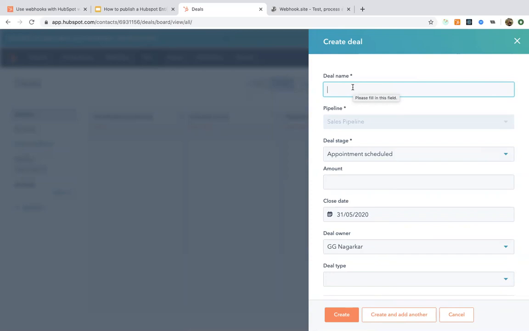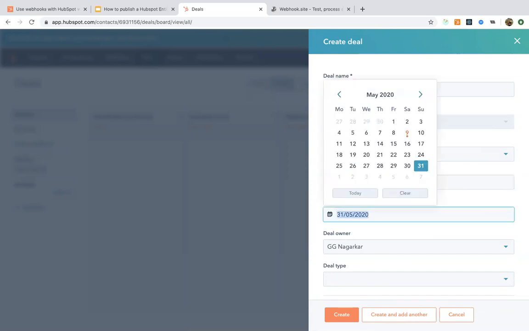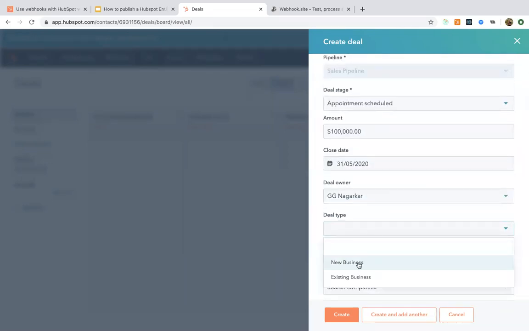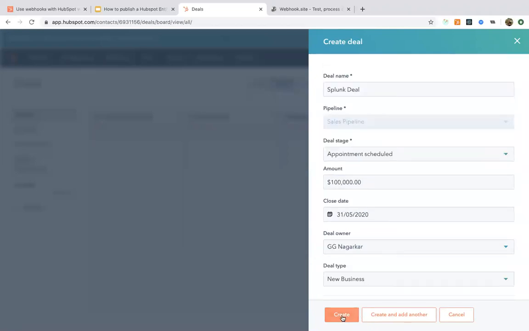Let's say it's a Splunk deal. It's in an appointment schedule stage. Let's say the amount is 100,000. I'm leaving the close date as is. I'm the owner, it's new business, and there's other stuff which I can fill in. I'm going ahead and creating the deal.